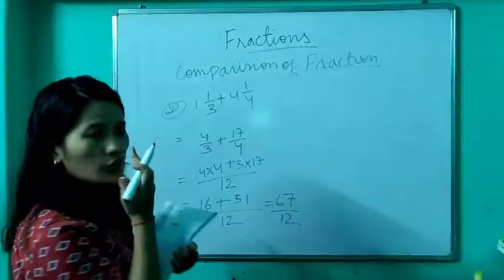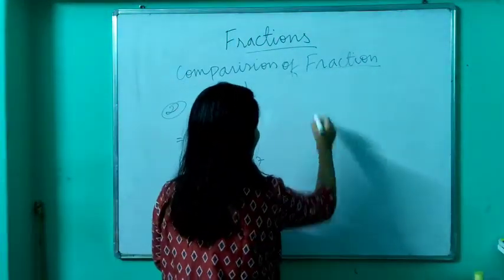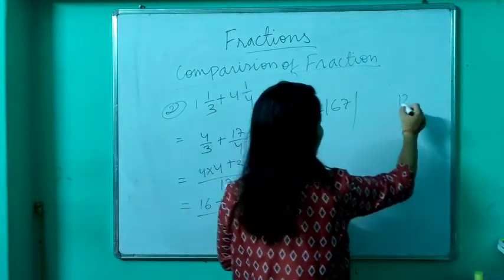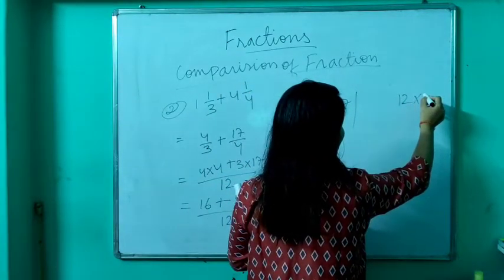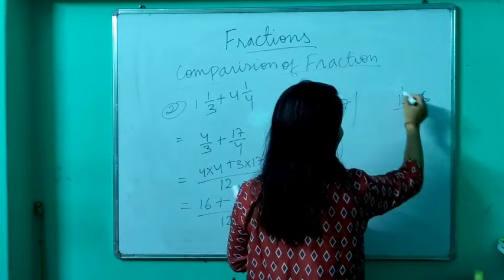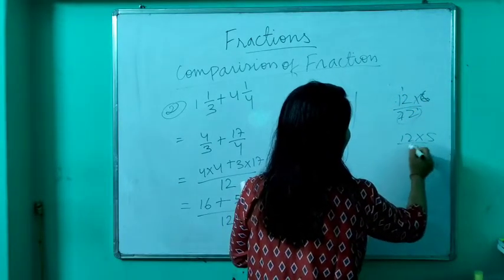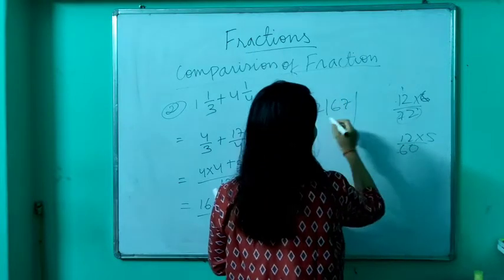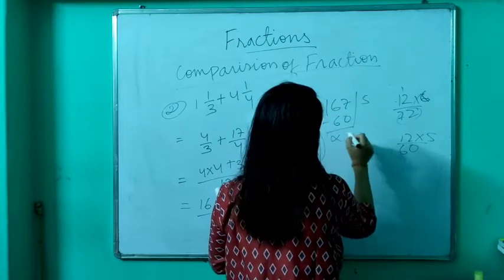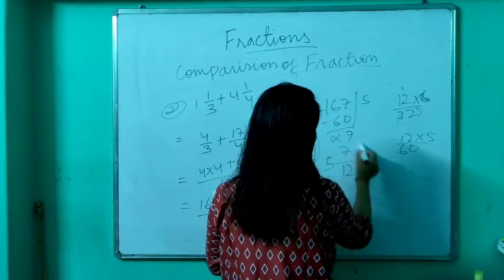Now according to the question you have to convert this into a mixed fraction. So divide 67 by 12, 67 by 12. So 12 4s would give you 48, then 6, 6 2s are 12, 6 1s are 6 plus 1, 72 is greater. So 12 into 5, 5 2s are 10, 5 1s are 5, 1 6. So 12 5s are 60. So if you subtract, 7 is the remainder. So your mixed form would be, this would be your answer.